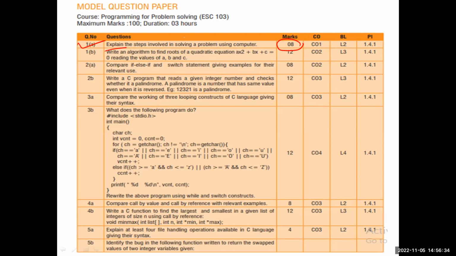Column number 2 will house the question text. Column number 3 will house the respective weightage of that particular question. Then column number 4 will define which CO question number 1 is related to. Then column number 5 defines the Bloom's level we are going to achieve, and it will be very clear if you are using explain, write, or analyze, that's how we are going to write down the Bloom's level,